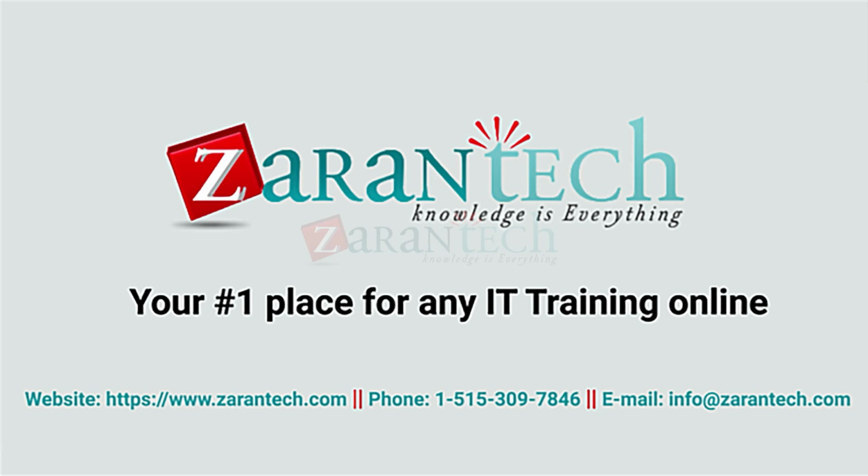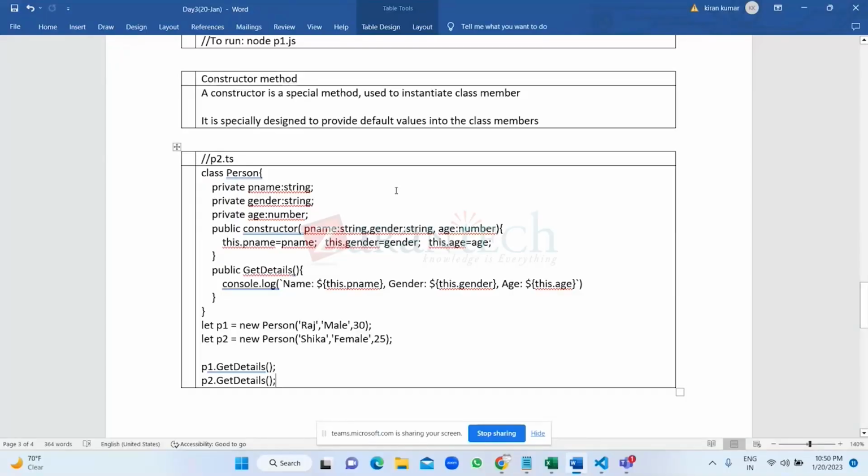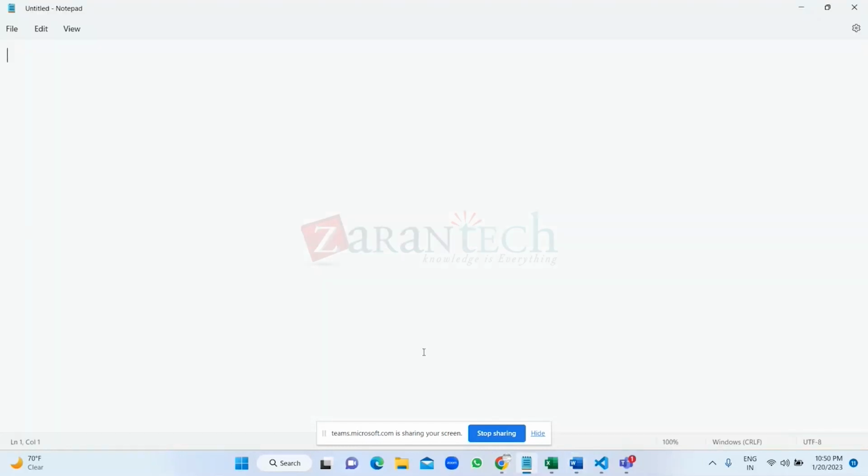Clear. So guys, what is a class? What is a method? How to set the details and how to get the details, we saw. Now the question is, why are we talking about object-oriented programming in this training program? See here, Angular project structure contains